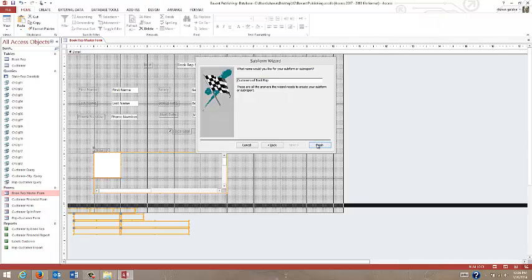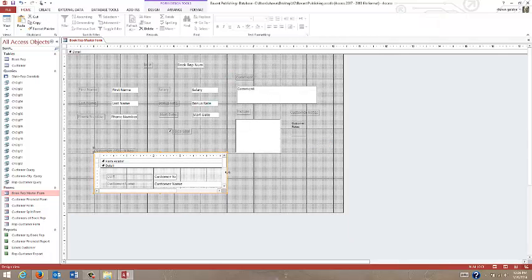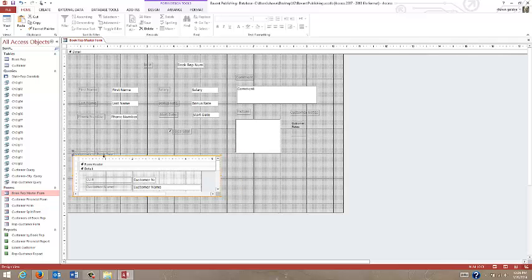And we'll finish that. Now, like the other items, we can and probably will need to move this around a little bit and widen it, and we'll tweak that a little bit later on. Again, you can spend some time and should spend some time getting that to work properly. Now, I'm going to save this,